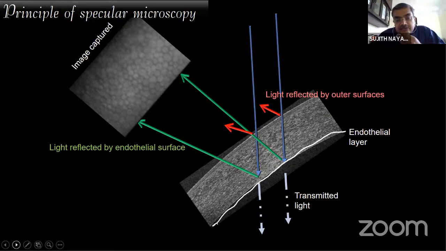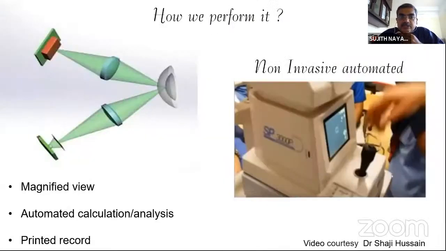There is a difference in the refractive index between the endothelial layer and the aqueous, and that difference causes the reflection, which is captured by an imaging system and projected as a printout. This is the basic principle of specular microscopy, with an imaging system and an illumination system that are separated